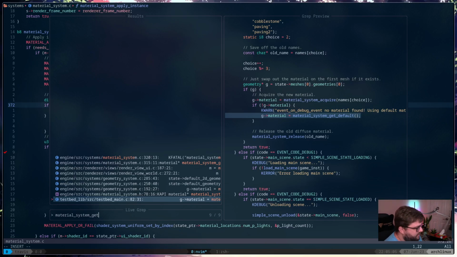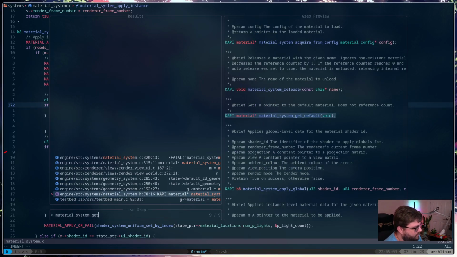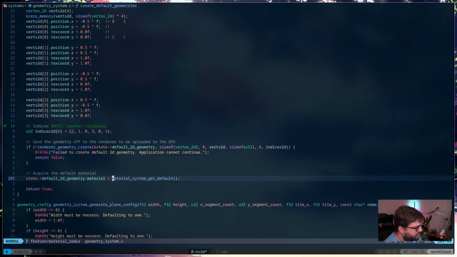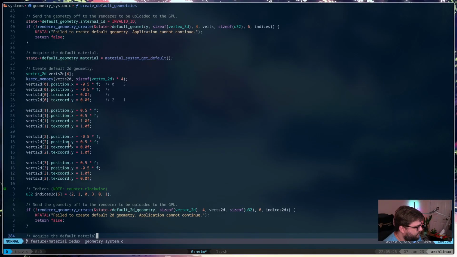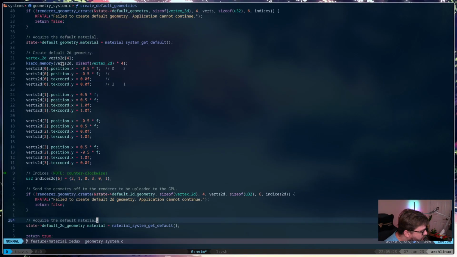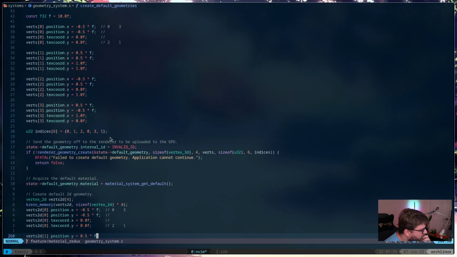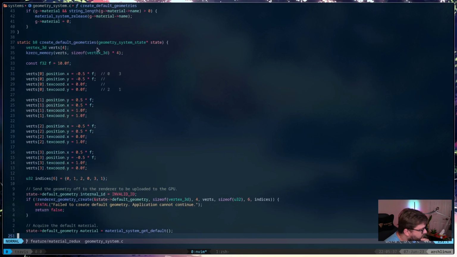So let's have a look at what all is getting the default material. I think this is where the issue is, right? Material system get default. Wait a minute, why are we doing create default geometries?